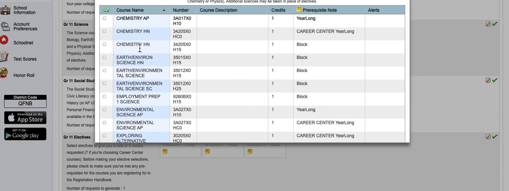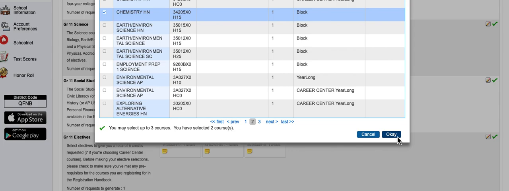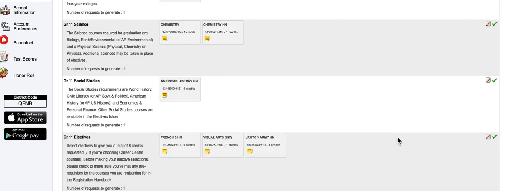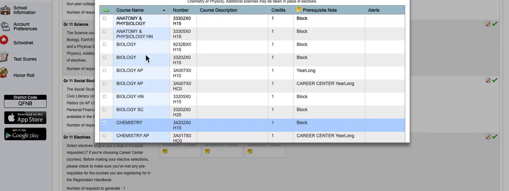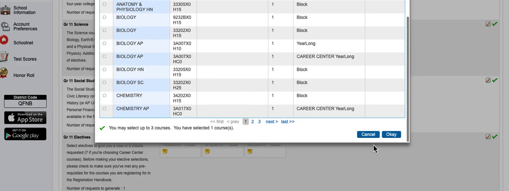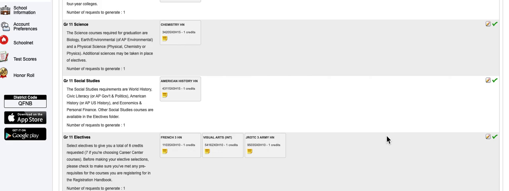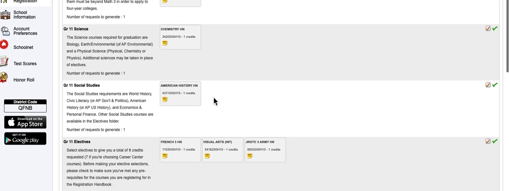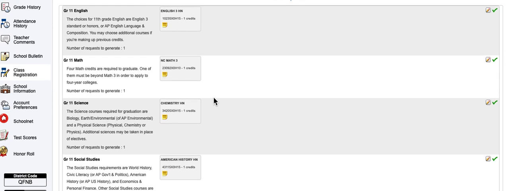Again, I'm choosing one that says block. And so now I've got the correct class in there. I forgot to uncheck that one, so you uncheck the one you don't want and check the one you do want. And now that looks right. So I've done my social studies, I've got American History honors, so I've got 4 core classes in there: English,